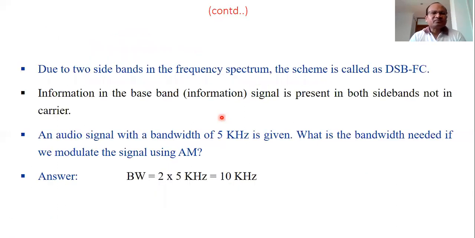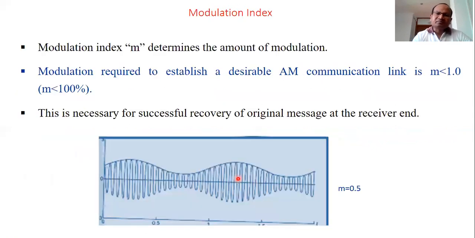All right. So say there is an audio signal we want to transmit whose bandwidth is 5 kilohertz. What will be the bandwidth when we modulate this signal by AM? Means what will be the bandwidth of the transmitted, radiated, modulated signal, or AM signal? How do you calculate? Just multiply by 2, because we know that the bandwidth of an AM signal is twice the bandwidth of the message signal. What is the message signal here? An audio signal. Therefore, the bandwidth will be 10 kilohertz.